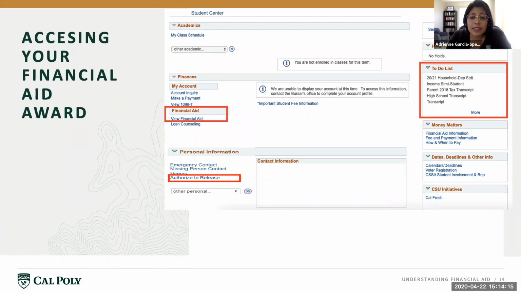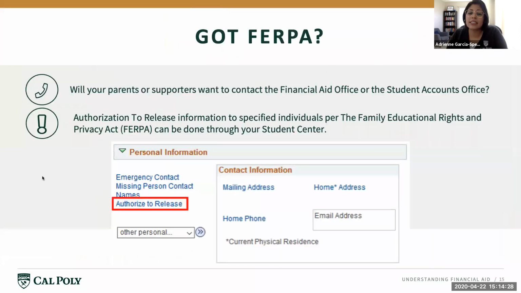So without explicit consent, Cal Poly staff cannot share information or conduct financial transactions directly with anyone but the student. So you can allow access to financial aid information by clicking Authorized to Release, and then you put the person's name in, and you assign them a PIN, so that when they call us or email us, we are able to talk about the specifics of your financial aid package.